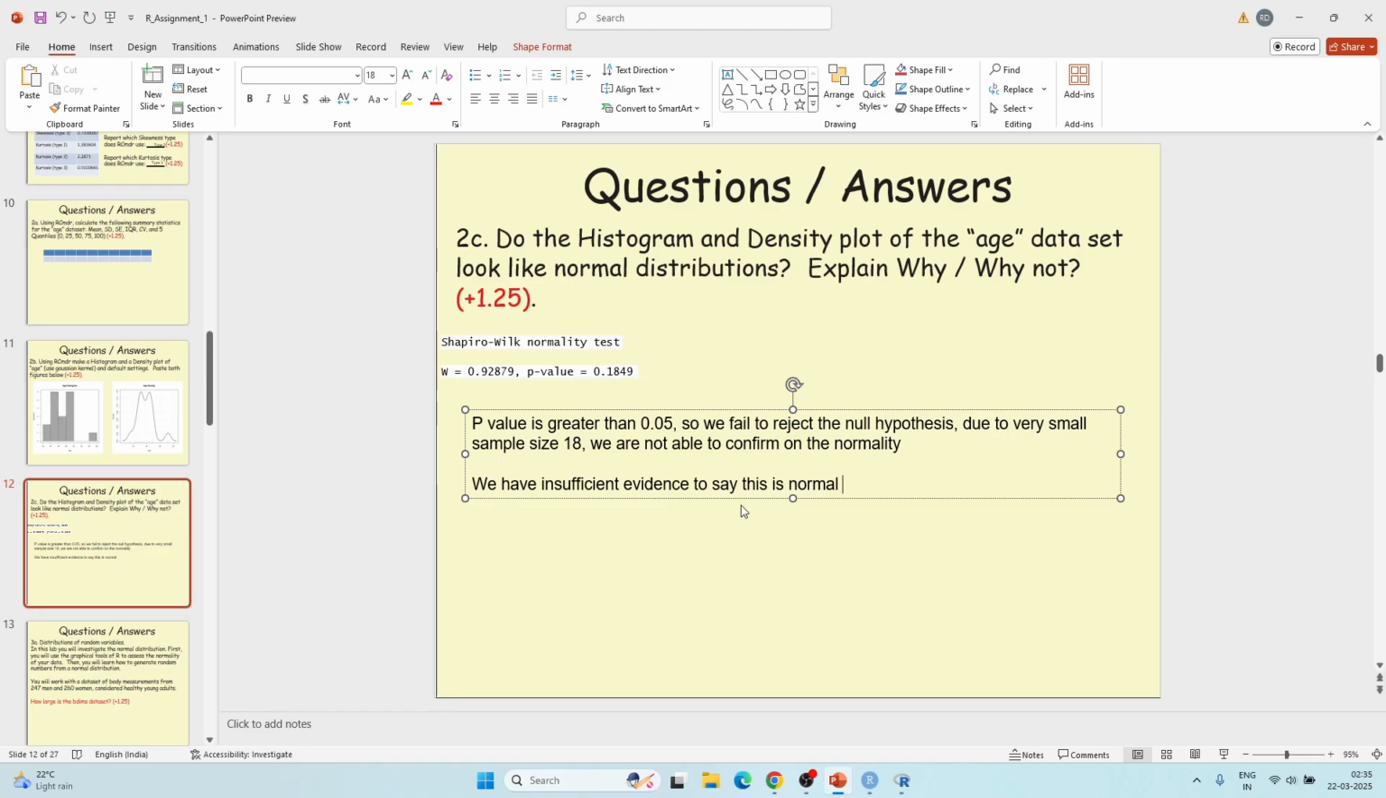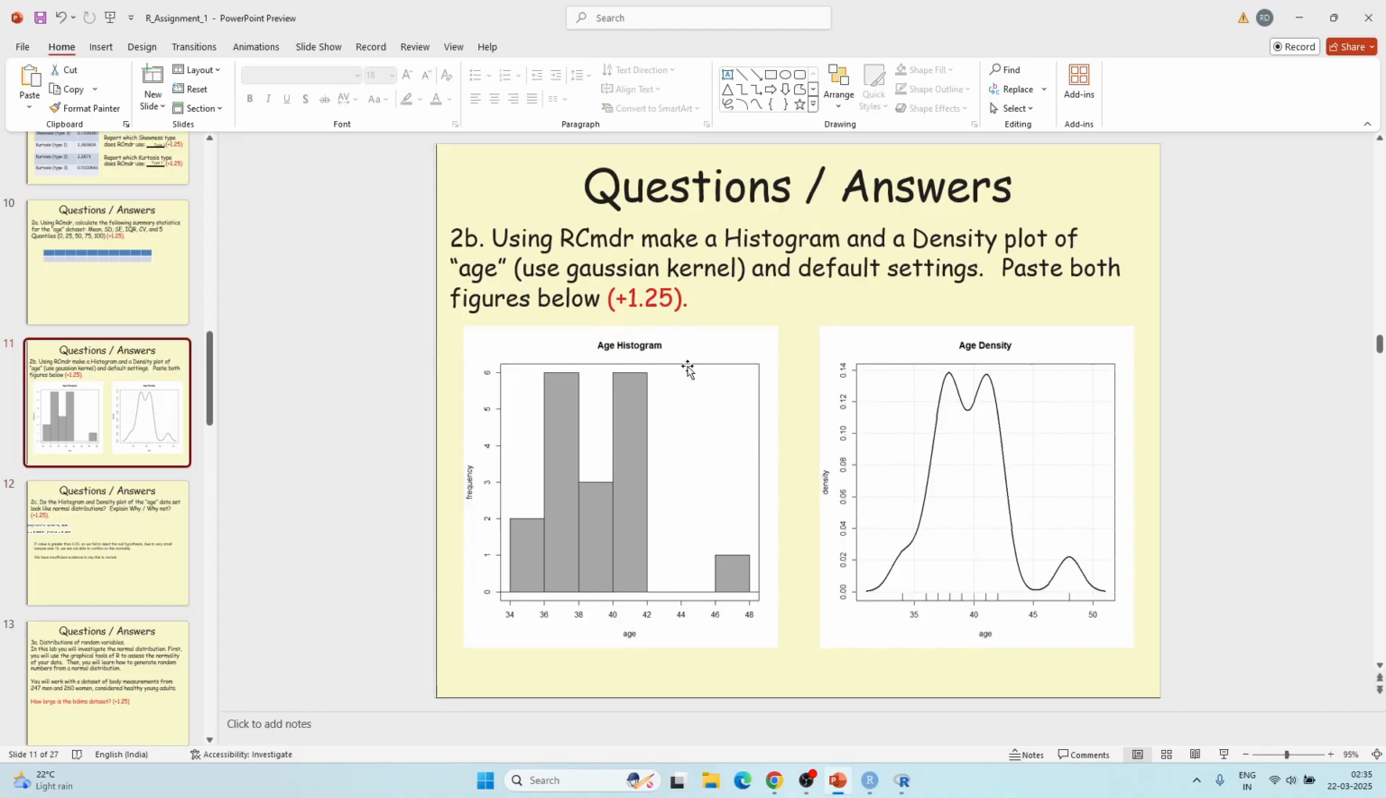This is the question. You can just write it down as we have already spoken, so you can just continue writing on that. So the Shapiro-Wilk normality test we will do based on the test value, p-value. We will compare this with the age histogram and age density curves that we have already created,